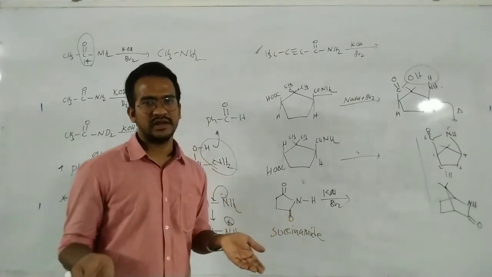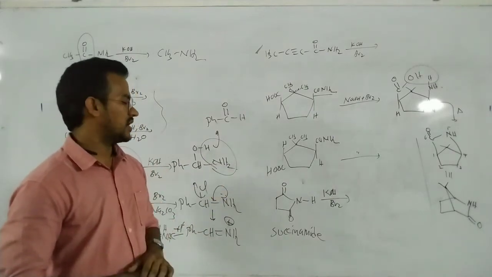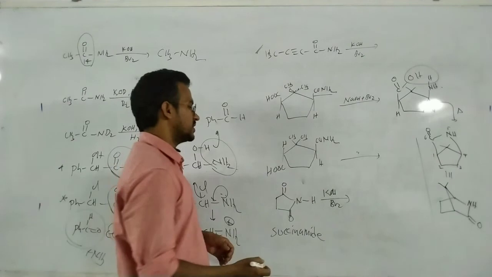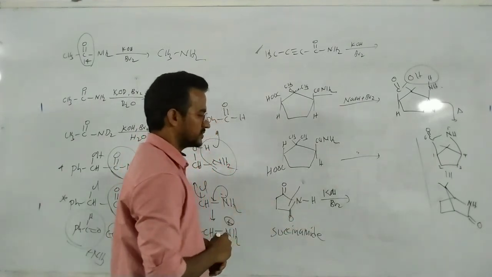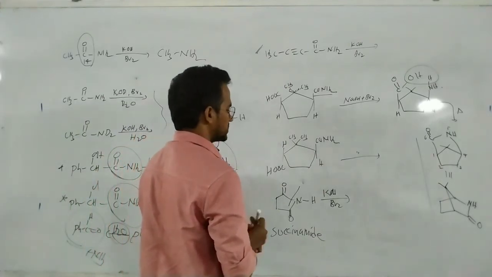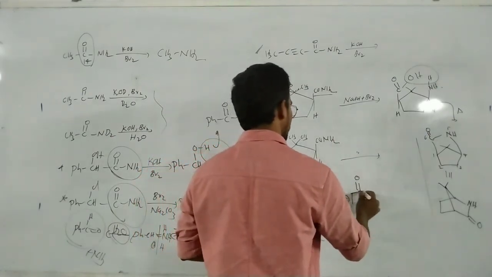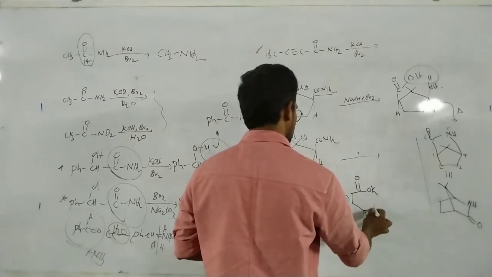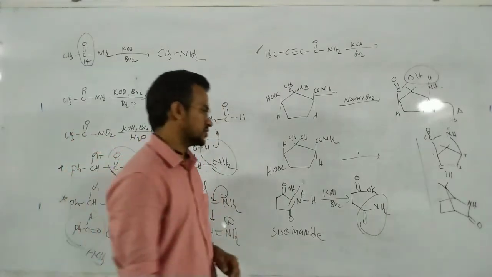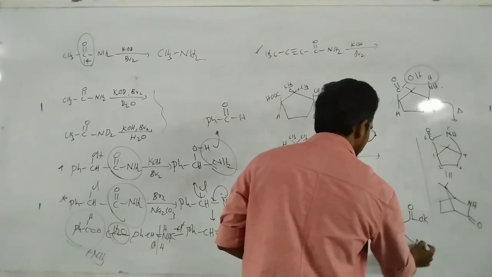Generally secondary amides are not involved in Hofmann bromamide degradation, but this specific succinimide, the cyclic secondary amide, is involved in Hofmann bromamide degradation. How does this reaction take place? First of all, with the KOH a hydrolysis takes place. So in this case, this is H and this is OK, that means C double bond O and OK, and double bond O. This one is converted to NH2. Now CONH2 is the primary amide, so it converts to double bond O, K, and this is NH2.